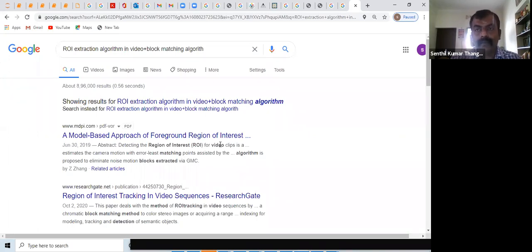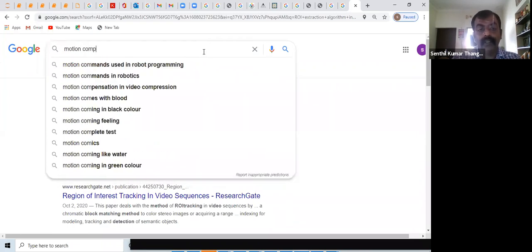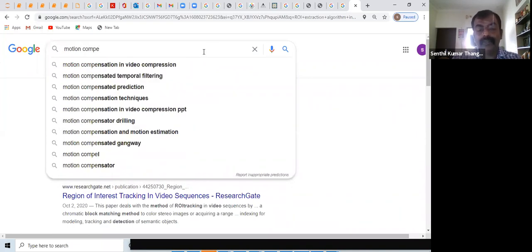Once this is happening, the next question somebody would ask is, what happens if the block is varying? For example, I'm keeping my face like this, but there is a lot of motion up and down. There is a varying motion on the face, a lot of motion component, right? So there, what people suggest is you can go for motion compensated algorithms for block matching. You can see here, if you go to the internet and type motion compensated algorithms for block matching, the motion part of the pixels will not be there. You will assume it as a smooth video, right?